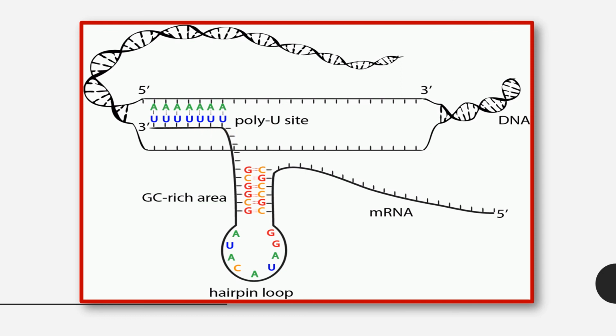In the case of prokaryotes, as the nuclear membrane is absent, it is directly released in the cytoplasm. But in the case of eukaryotes, after the formation of this messenger RNA in the nucleus, the processing of the messenger RNA will take place because it is transferred from the nucleus through the nuclear membrane into the cytoplasm, and this processing we will discuss in the next video inshallah.